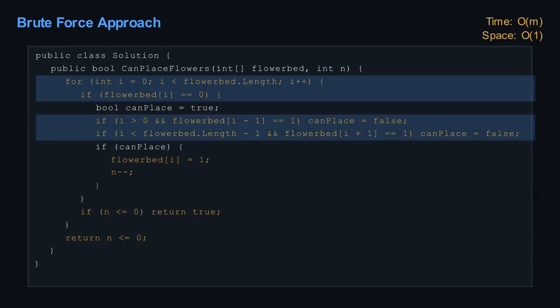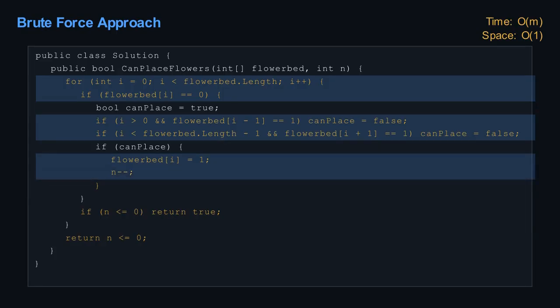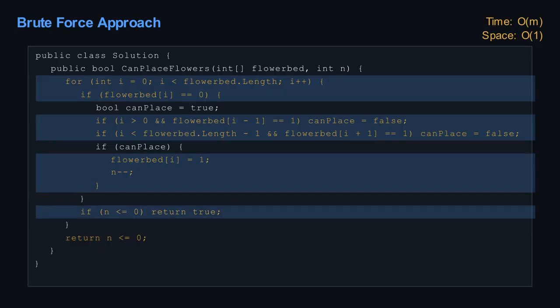This method visits each element once, so the time complexity is linear in the length of the array, O(M). But it also modifies the original array in place using only constant extra space, O(1). The drawback is that it performs the neighbor checks for every 0, which can be unnecessary work when large blocks